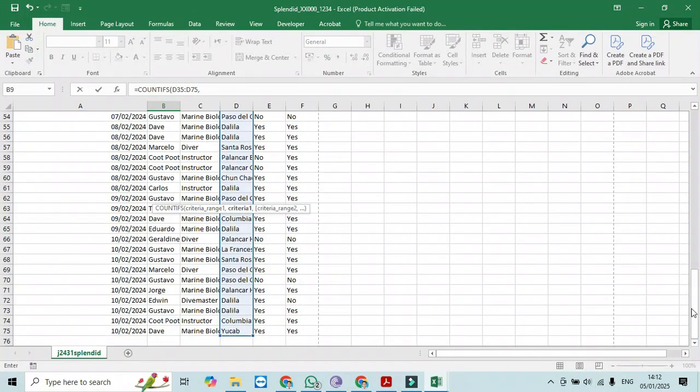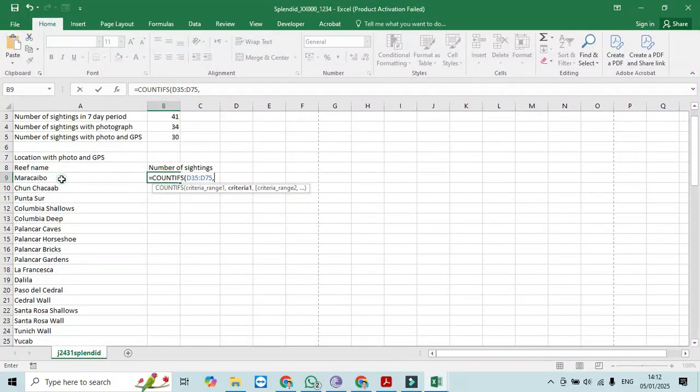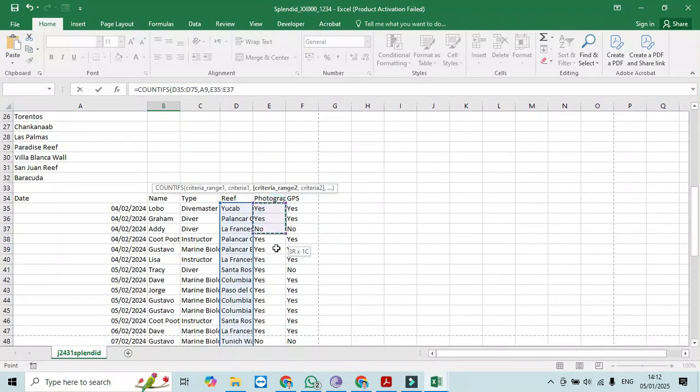This is our range, comma, our criteria is looking for these names, and then comma, the second criteria range is from E35 to E75,